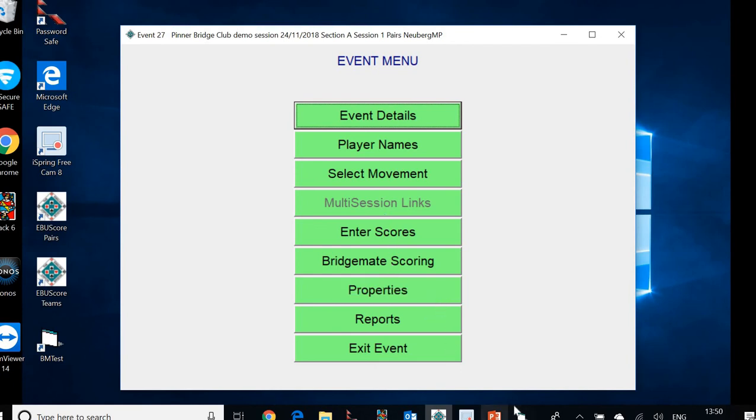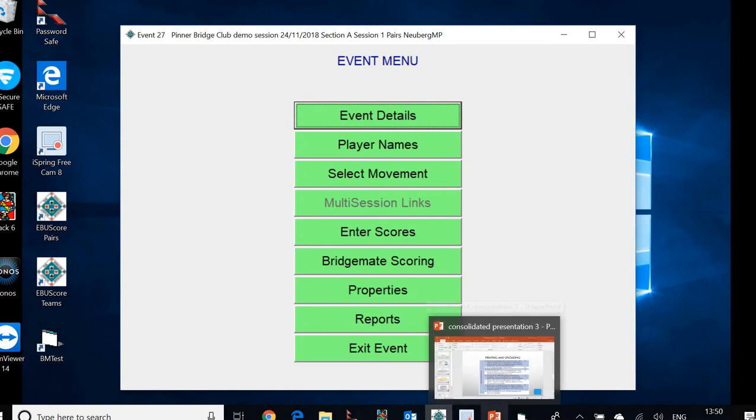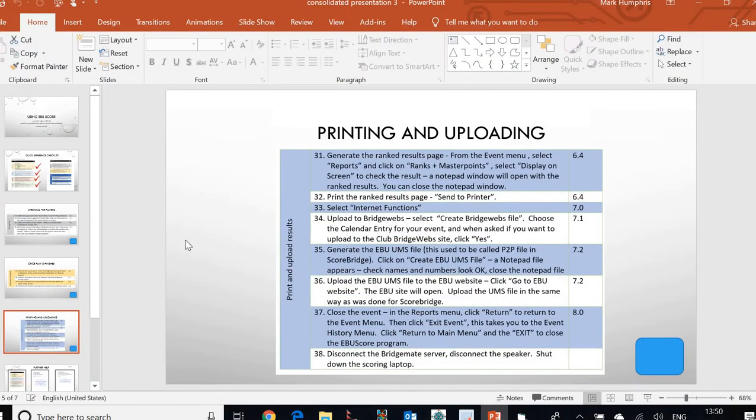Well, if we didn't know, we can just refer back once more, of course, to the quick reference guide, and we'll find that the next section deals with printing and uploading. And so there's a few steps to do here, first of all, which is to generate the results and print it out. Then we start to do with the internet functions, which are creating a bridgewebs file and uploading that,